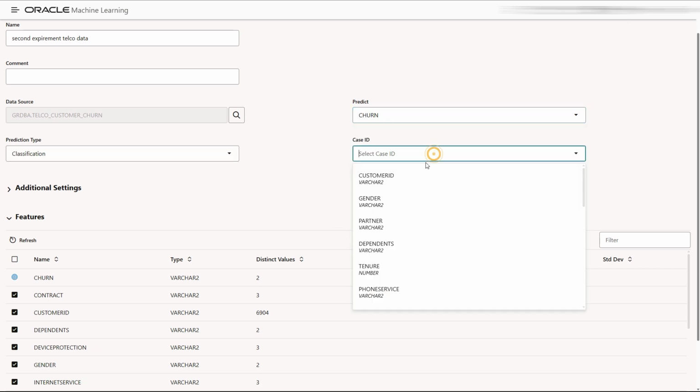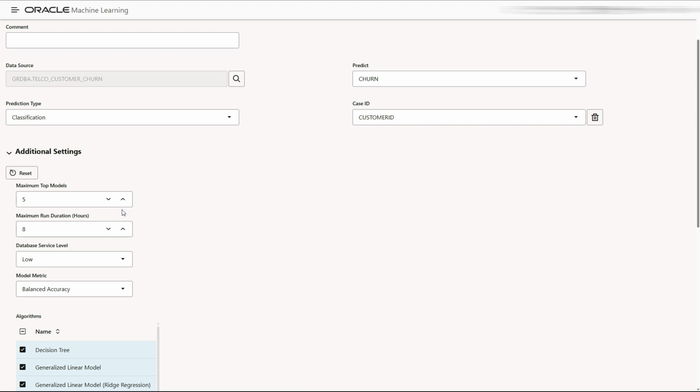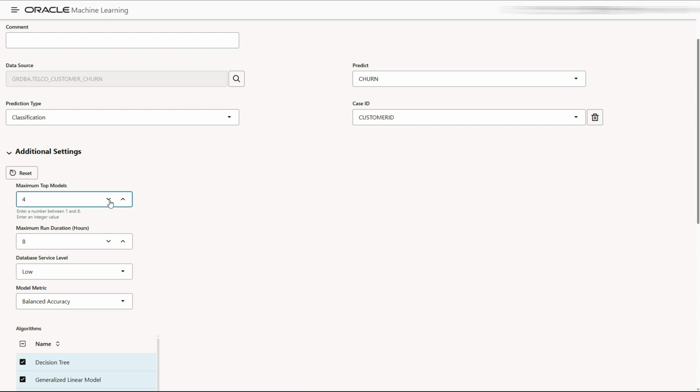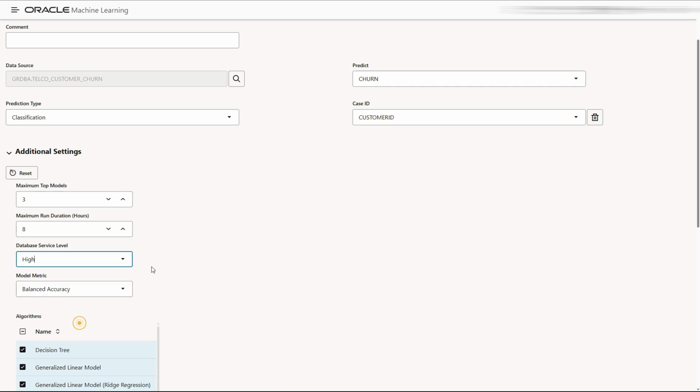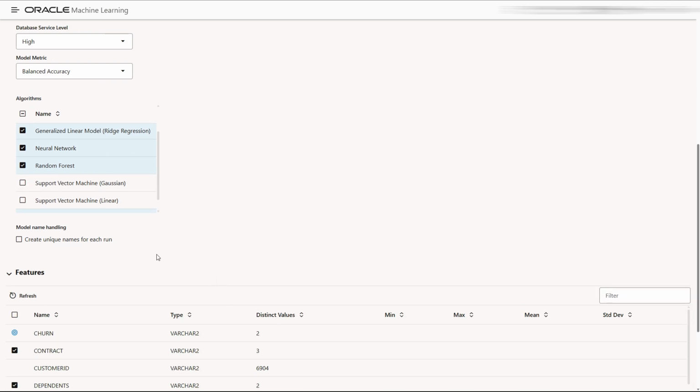the column customer ID, classification against type, additional models, because the previous one took a lot of time to complete. Let's drop it to 3 models. Balance, let's leave that one to balance accuracy, and neural networks, vector machine, let's not use that one.